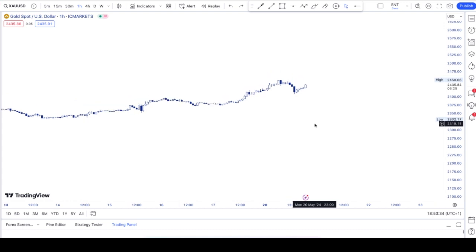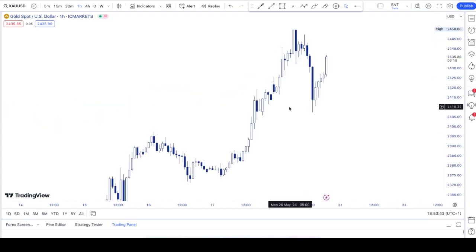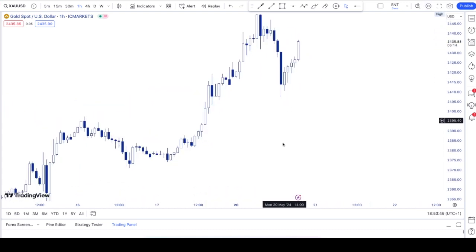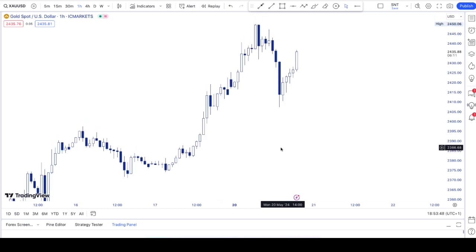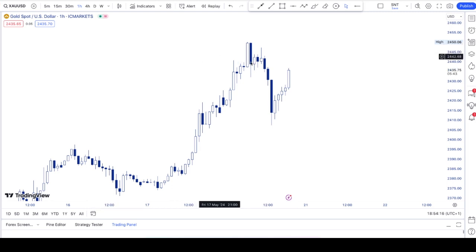Now, as we zoom in to the hourly candles, we can see the price action from today and from Friday's session, as the gold markets are closed over the weekend. Now, when it comes to crypto, that's a different story, and we will be looking at Bitcoin in a minute. Looking at gold, we can see that price made the high early pre-London session at around 6 a.m. and then we see a massive correction to the downside. Price finds support and starts heading back to the upside.